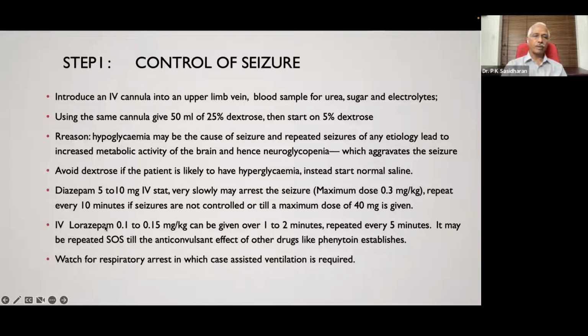Or, as I mentioned, lorazepam given over 1 to 2 minutes, repeated every 5 minutes, and it may be repeated as well till the anticonvulsant effect of other drugs like phenytoin establishes. So you'll be simultaneously giving phenytoin or fosphenytoin, and once its effect is established, you can stop giving diazepam. But while giving diazepam or lorazepam, watch for respiratory arrest, and one should be prepared for ventilating the patient. Ambu bag ventilation must be ready there if you are giving large amounts of loading dose of diazepam. Up to 10-20 milligram may not be much of a problem, but still one must be looking for respiratory